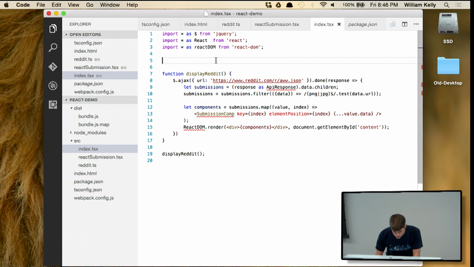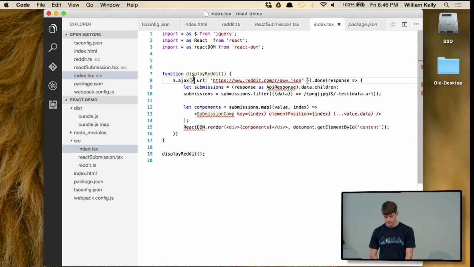And so when we're displaying this, we're doing the same thing we did in the Angular app. We're just going to use jQuery instead to do the HTTP request. Again, React doesn't care how you make your HTTP request. You can use whatever you want. And so we are going to use jQuery. We're going to hit the same reddit.com r/aww. We're going to get this response just as we did. We're going to say, hey, this has the shape of an API response, so that we get that same experience of